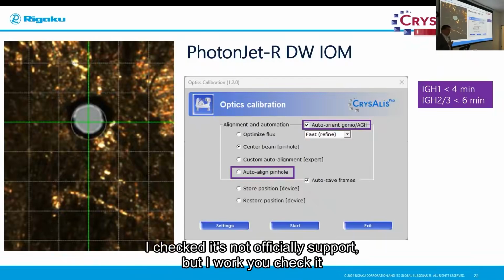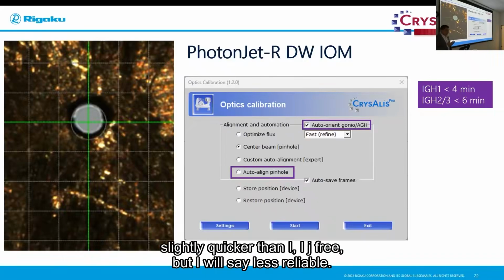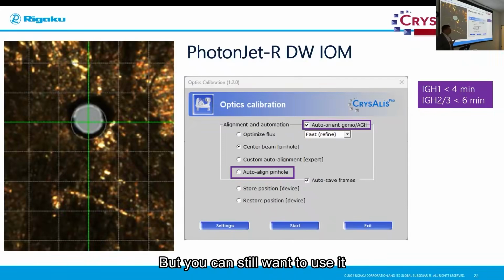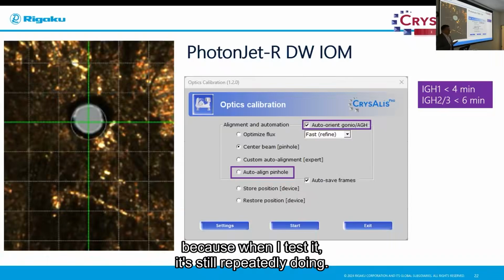So it works. I checked. It's not officially supported, but I checked. It's slightly quicker than IGH2, IGH3, but I would say less reliable. But you might still want to use it because when I tested, it's still more repetitive than if I'm doing it manually myself,